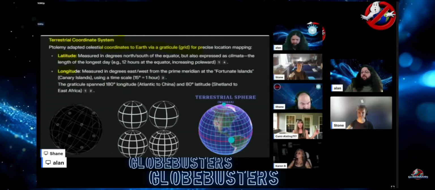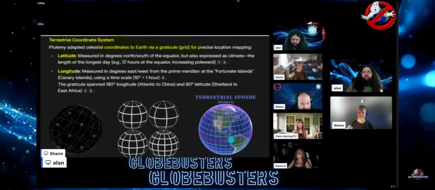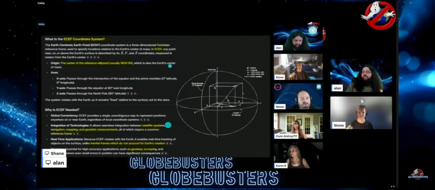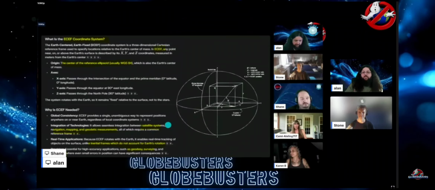All right, and then this is more on just latitude and longitude being the graticule, which just means the positions of the stars on the first cusp of Aries, which is the positions of the stars on the vernal equinox, and then adding 15 degrees per hour to those positions, no matter what. And then any angular deviation that you see apparently is astronomical refraction. And then all of that gets wrapped up in the ECF coordinate system and the ECI coordinate system, which are just coordinate systems that are defined with respect to the center of the Earth and then everything outward on the surface.